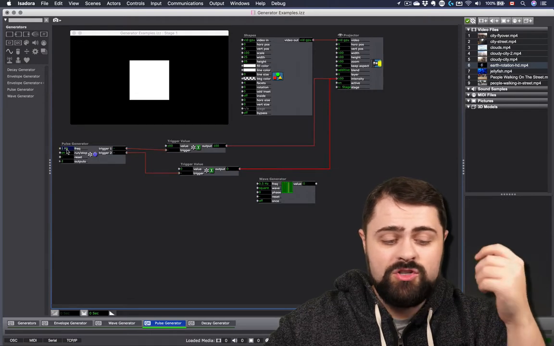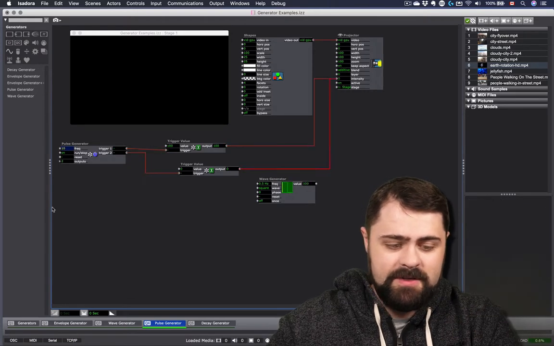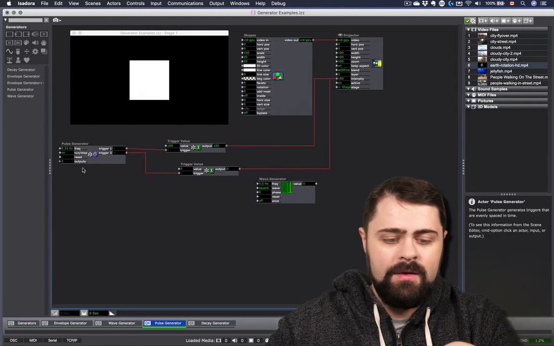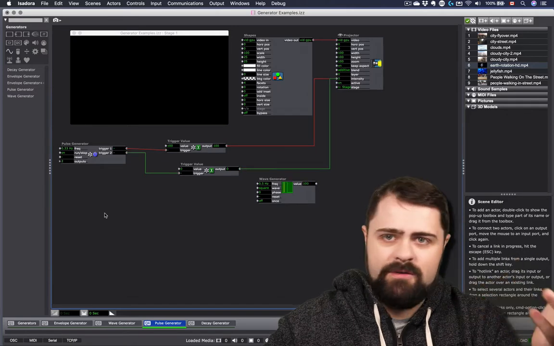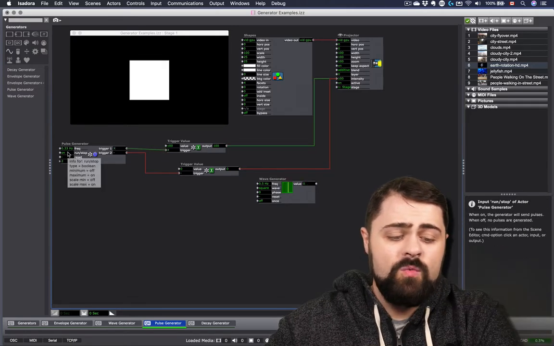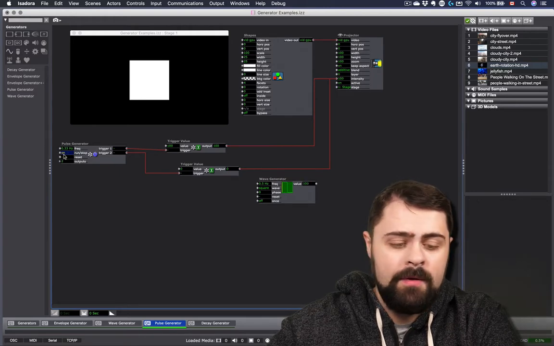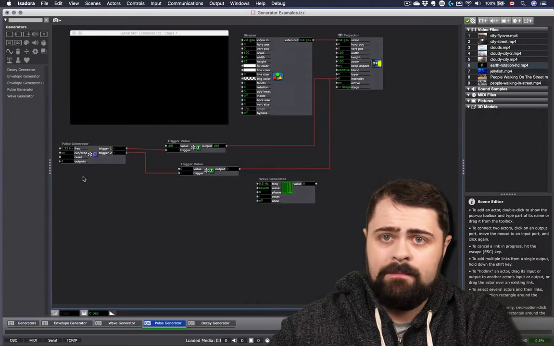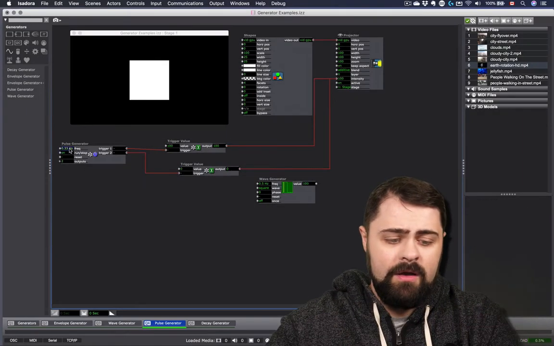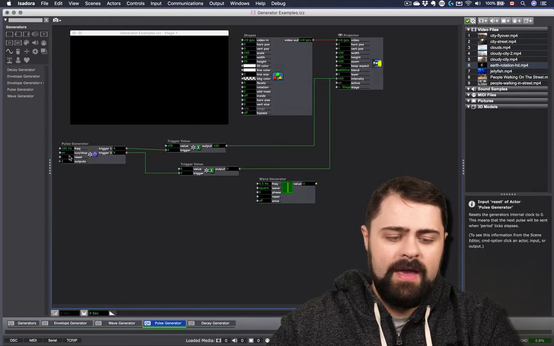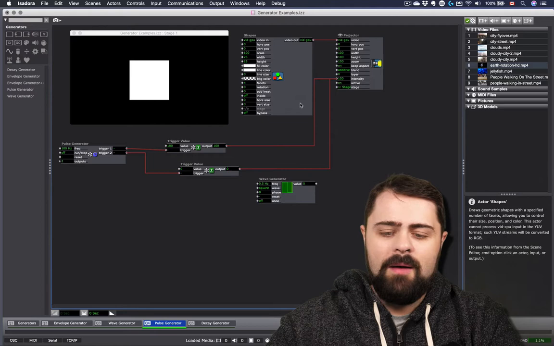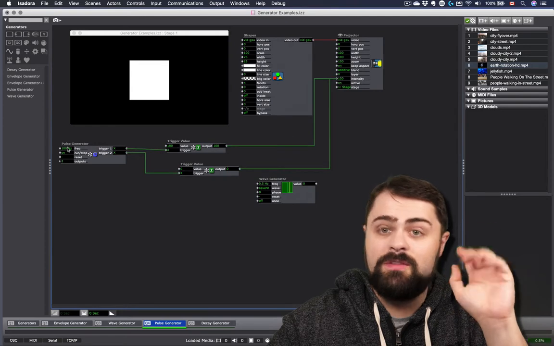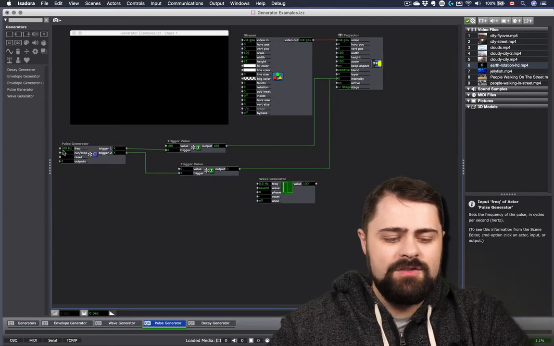Just like the wave generator, we can change the frequency of the pulse generator. If I turn this thing up to 10, it's going to go pretty fast. If I turn this thing back down to 0.33, it's going to go much slower, once every couple of seconds now. And of course, we can use the run stop of the pulse generator to turn it off entirely or to turn it on again. So sometimes you simply may want to have it running quite fast for a brief moment and then shut it off. You'll see that this was a really fun way to create that flashing sort of lightning effect as well.